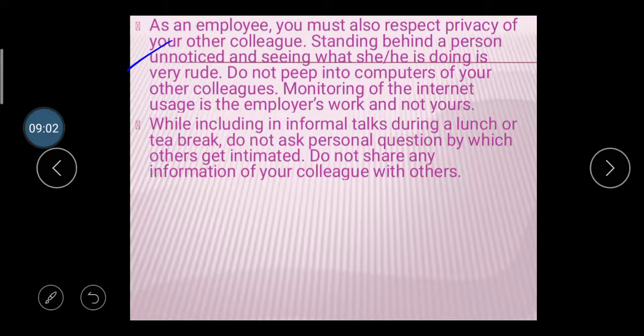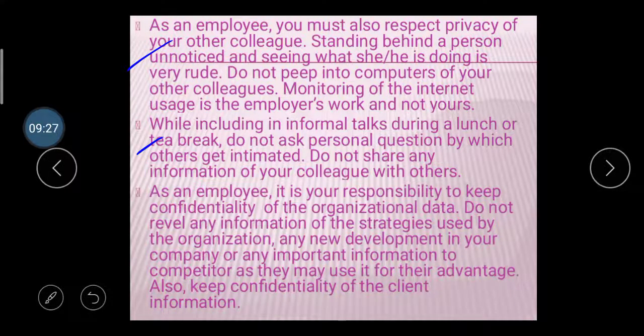While sharing information and talking during lunch and tea breaks, do not ask personal questions by which others get intimidated. Do not share any information about your colleagues with others. Sometimes people ask personal questions and reveal information, which is not good for privacy. Then after,